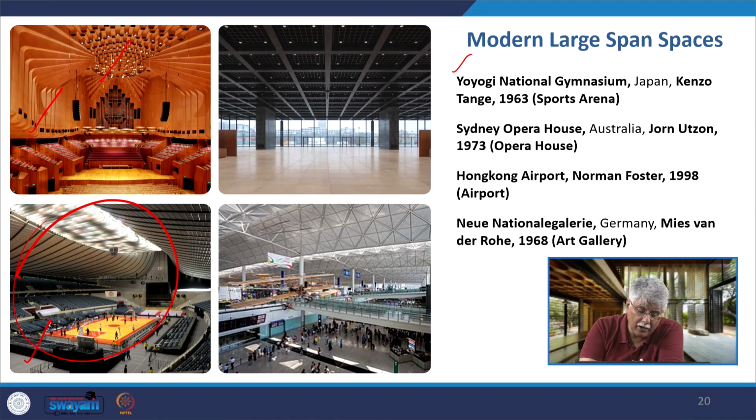Then we have the Hong Kong Airport by Norman Foster in 1998, and we have the New National Gallery in Germany in 1968. I am sorry, I should have placed them more chronologically, but you would realize that